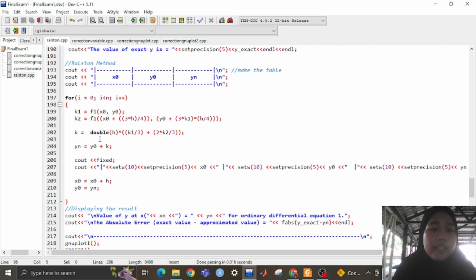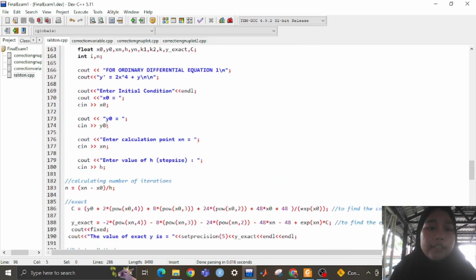And then this is k, which is double h. This is to substitute in our y formula. k is equal to double h times k1 divided by 3 plus 2 times k2 divided by 3. And then to find the yn, we need y naught plus k. Y naught we get from here,